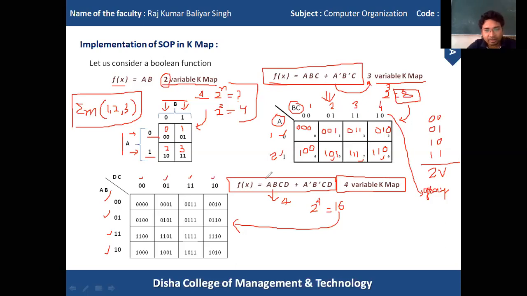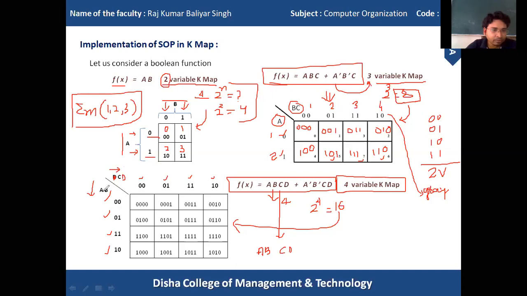In our equation the 4 variables are A B C D. I just split this into 2 terms: AB is one term and CD is another term. So here AB is representing the rows, right? CD is representing the columns.